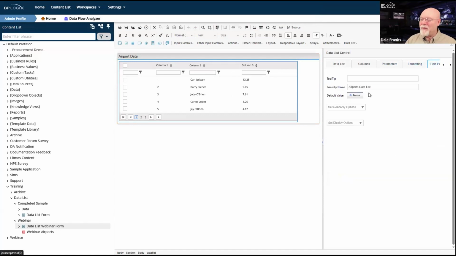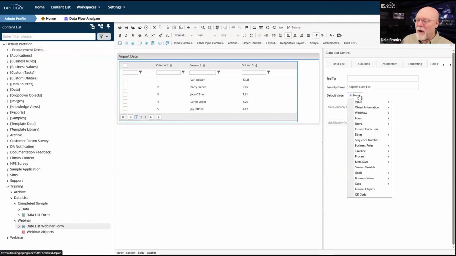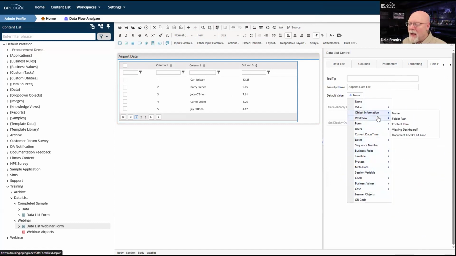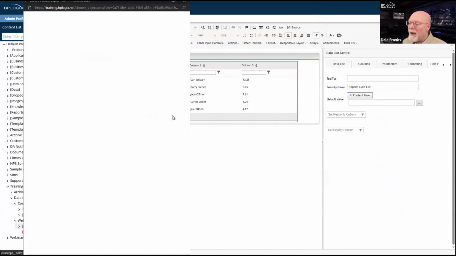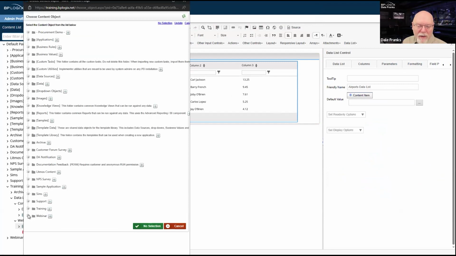So let's go to field properties. Let's set the default value for this thing. So we're going to go to default value and we are going to set it to, I believe, object information, content item, and I need to pick the business value that I created. And actually, I hope I'm doing this right.